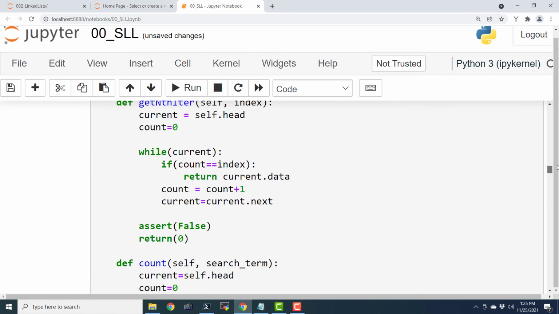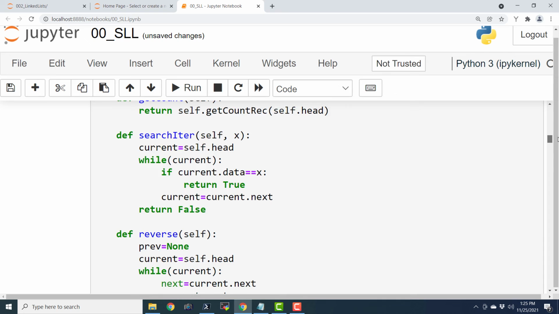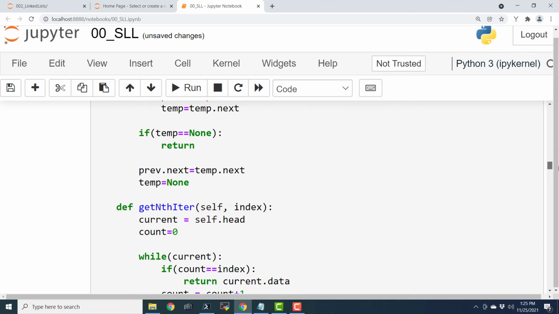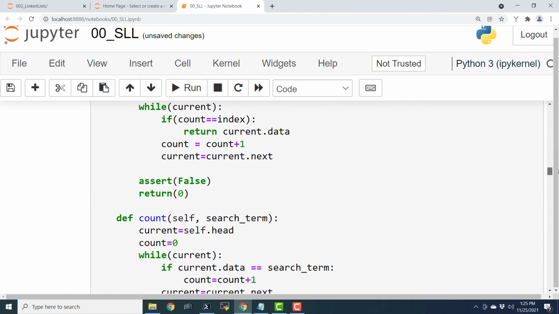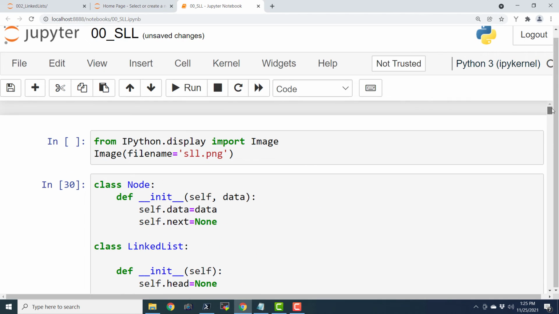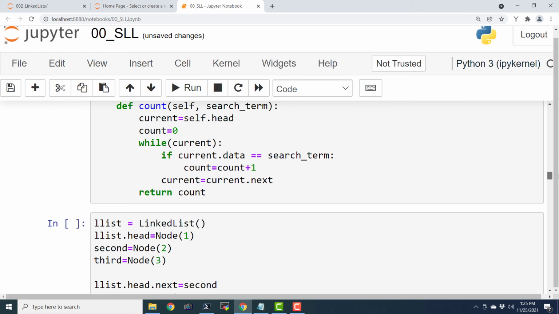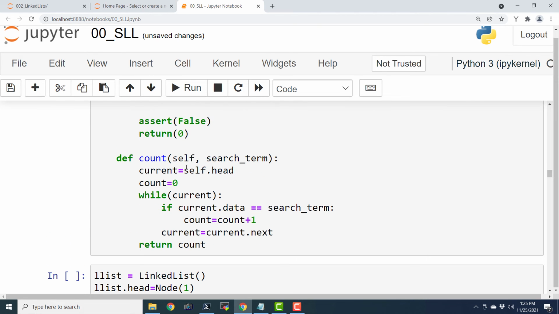So earlier we made a small mistake. I wrote it in the wrong cell. Sorry for that. But later on we rectified it by pasting that entire code in the correct cell, the cell where we have defined our linked list class and node class. And here is that method. So let me go through that method again. So self is the reference to the class and search term is the term that we need to find.